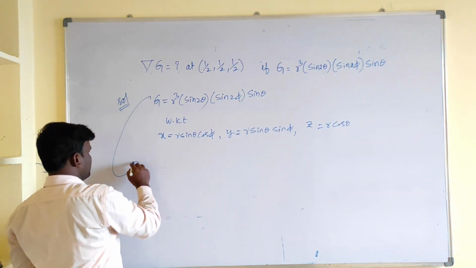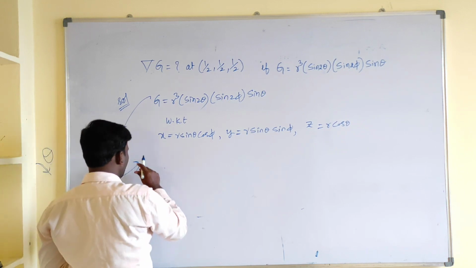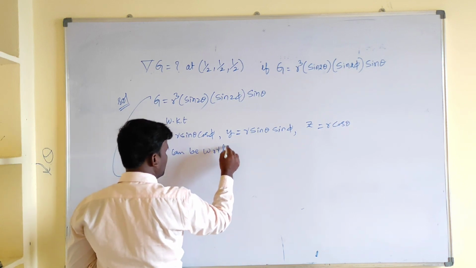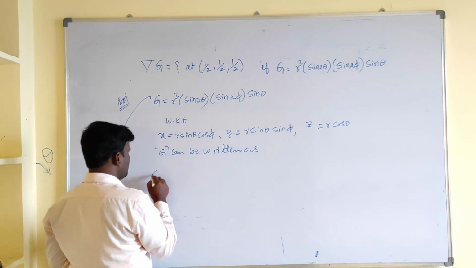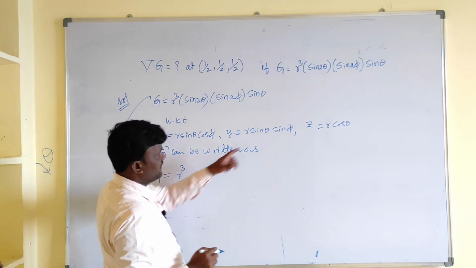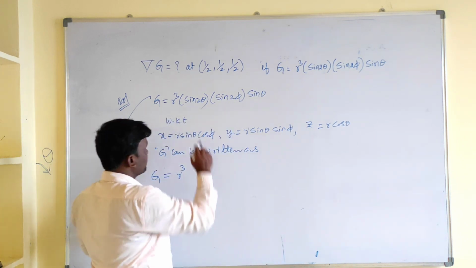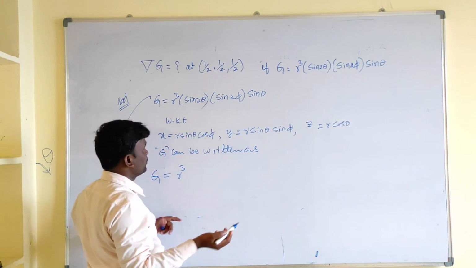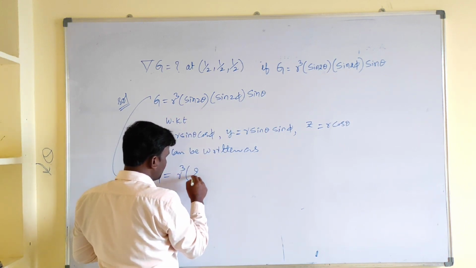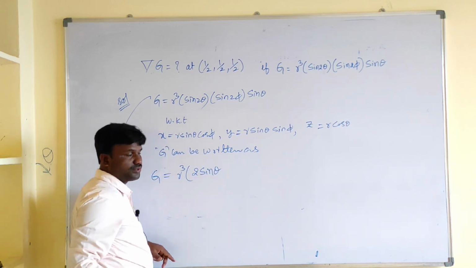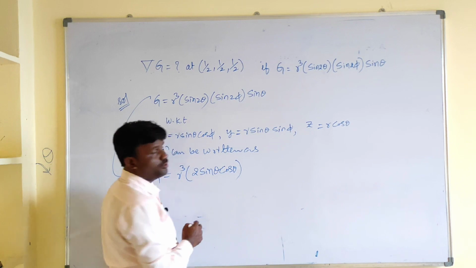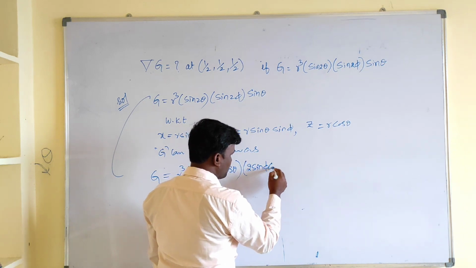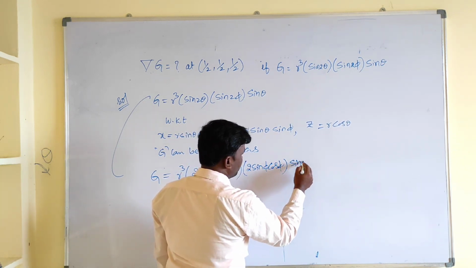The G can be written as G equal to R cube. We require theta, pi, theta like that only, but here you have 2 theta. So write down this sin 2 theta, sin 2 pi in terms of thetas only. We know that sin 2 theta is 2 sin theta cos theta. Similarly, sin 2 pi we can write as 2 sin pi cos pi, into sin theta.